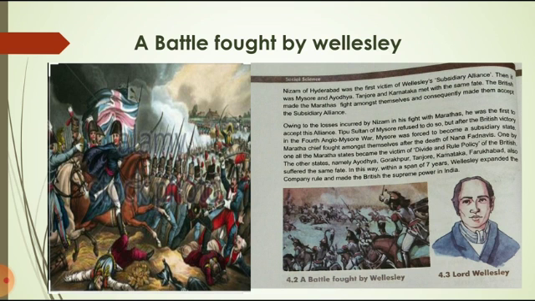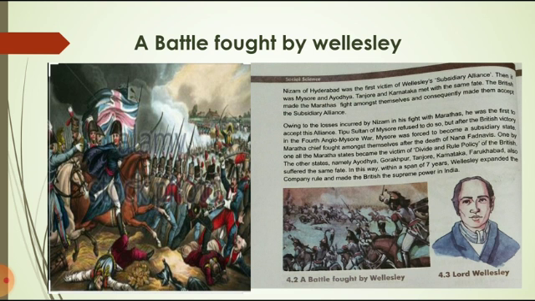The British made the Marathas fight amongst themselves, and consequently made them accept the subsidiary alliance. Owing to the loss incurred by the Nizam in his fight with the Marathas, he was the first to accept this alliance. Tipu Sultan of Mysore refused to do so, but after the British victory,